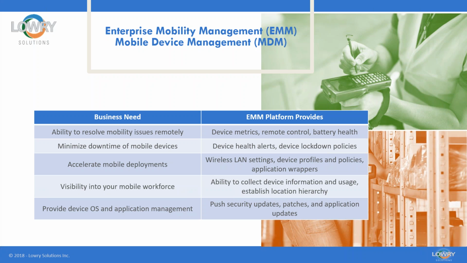Segueing perfectly into what Dave just mentioned about security and the mobile devices being so vulnerable, it's really important to note that all of these devices are connected to a network, which means every single one of these is an access point that can infiltrate into a network if it's not defended properly. I currently work as a product manager at Lowry, but I was an IT manager, and I have a background in managing devices and doing deployments and migrations. I know it can be intimidating, but there are ways to mitigate that.